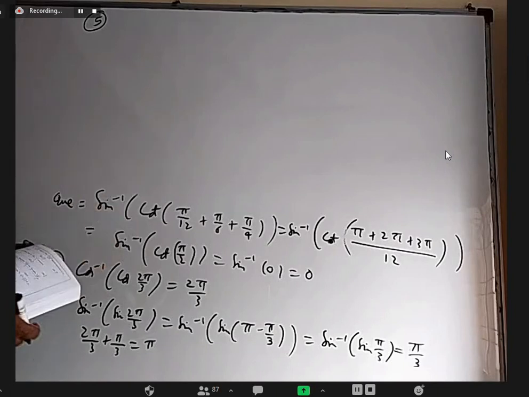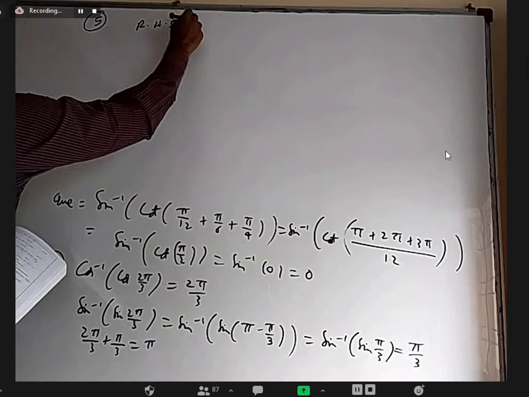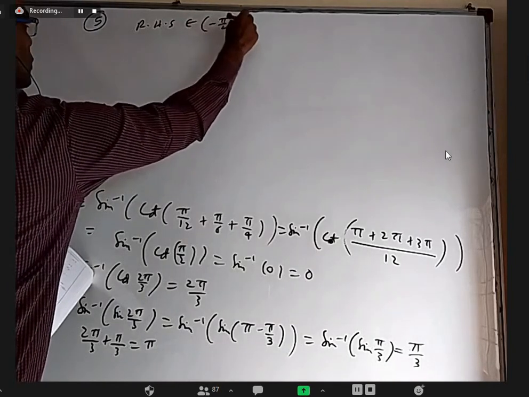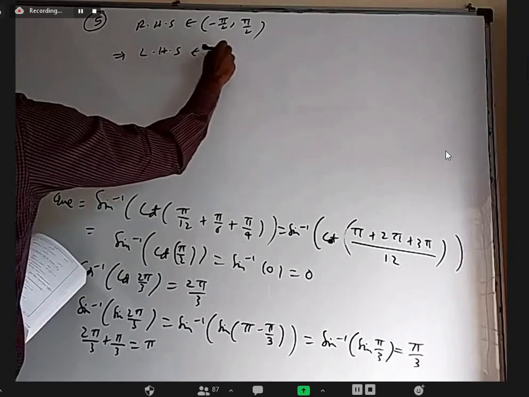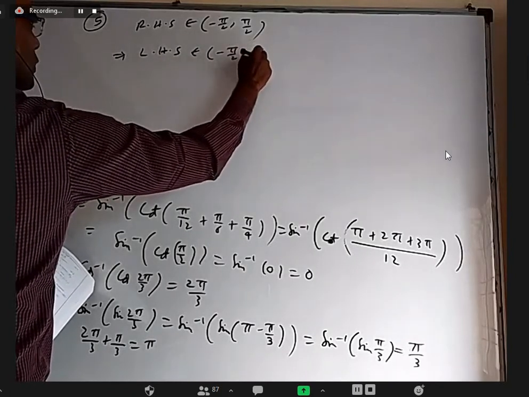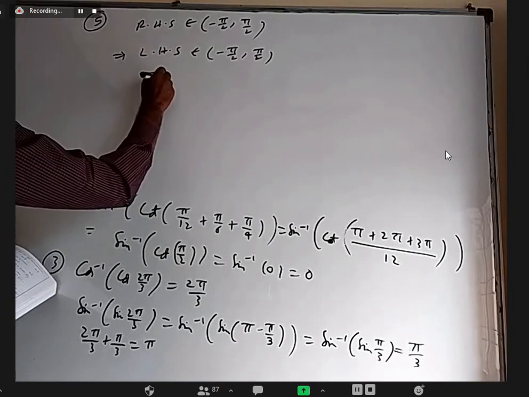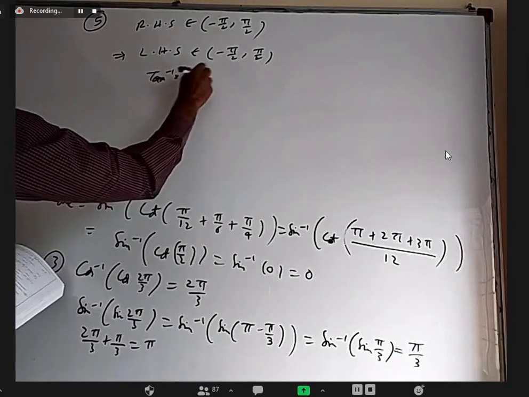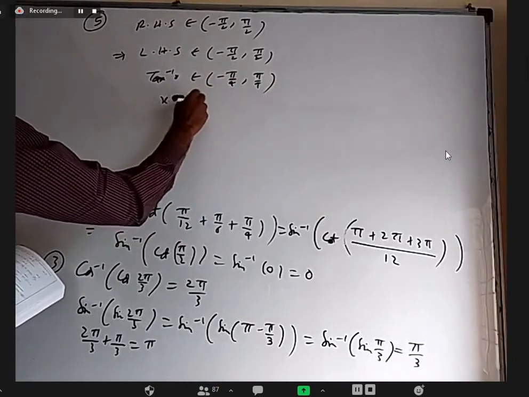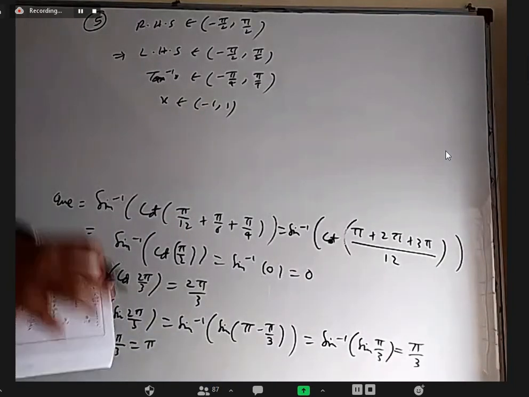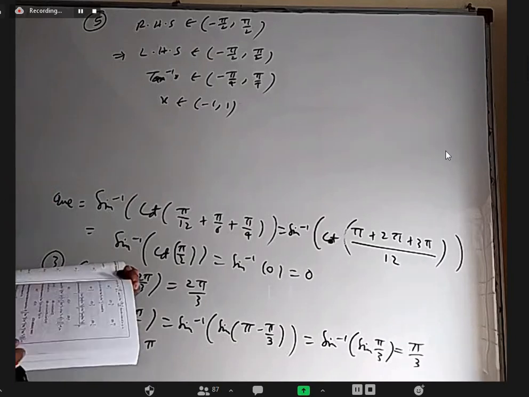Okay, fifth one is a formula. Only thing is that when it is valid, we have to know. We know RHS will belong to open interval minus pi by 2 to pi by 2, tan inverse something. So even LHS also should belong to minus pi by 2 to pi by 2. That is 2 tan inverse x. Then tan inverse x should belong to minus pi by 4 to pi by 4. Then x should belong to minus 1 to 1. We already know this case, the three cases for the formula, and this formula is valid when x is between minus 1 to 1.